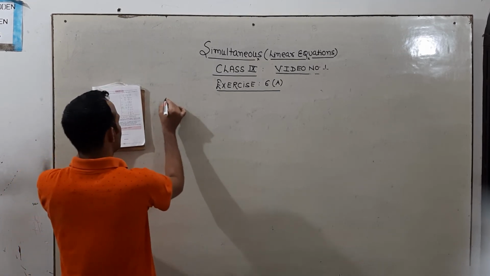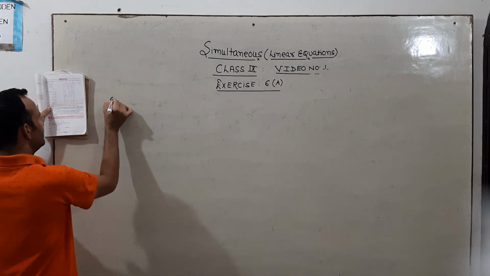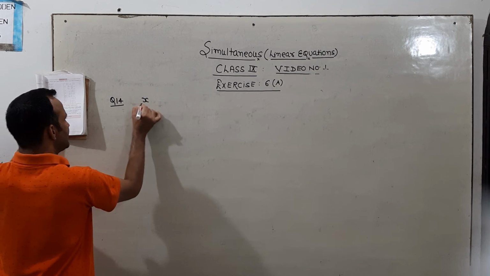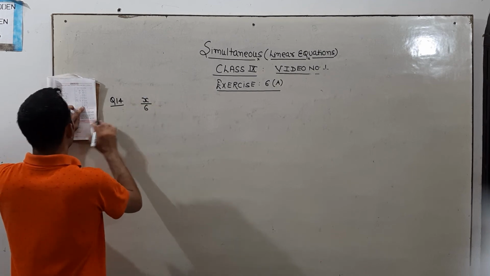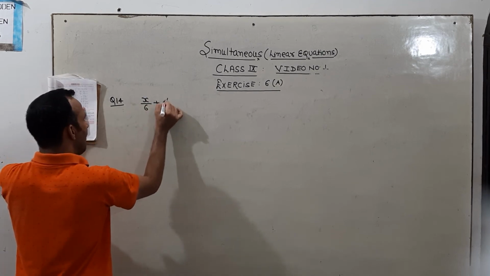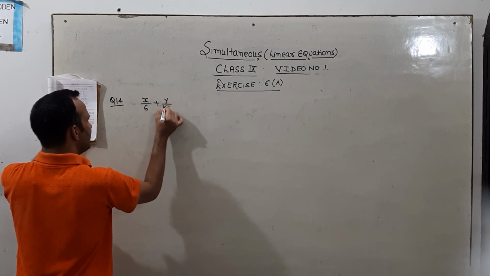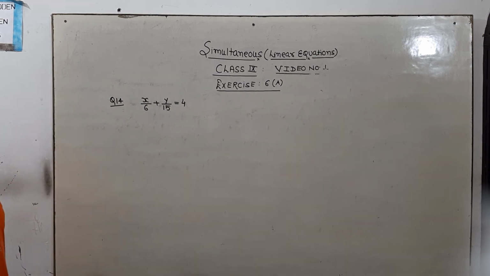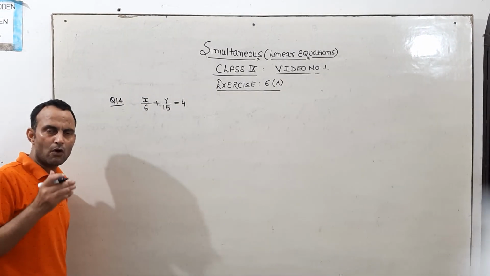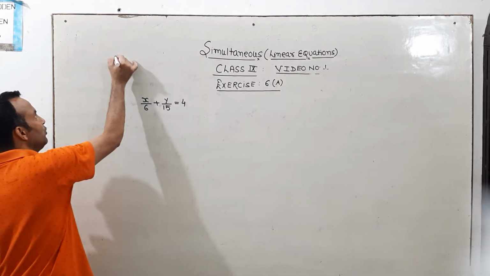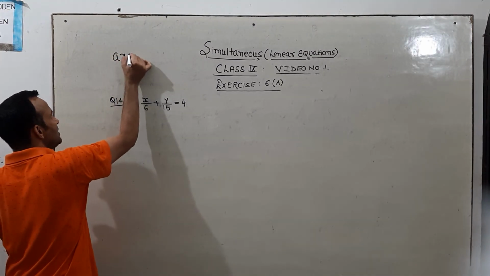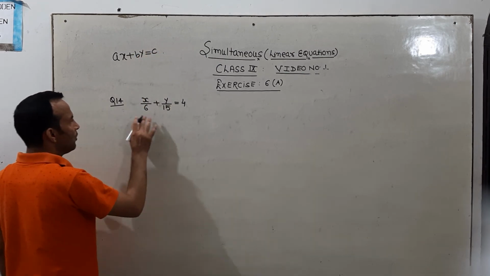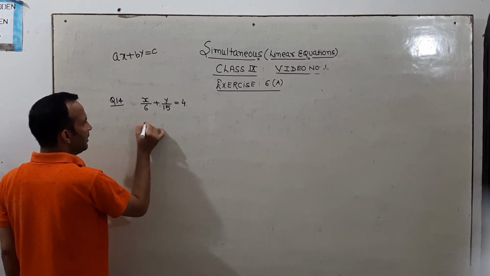Let us take question number 14 now. X upon 6 plus y upon 15 is equal to 4. In the previous video, I have already told you that always convert the given equation into the general form, and the general form is what? Ax plus by is equal to c. Okay, so see here,